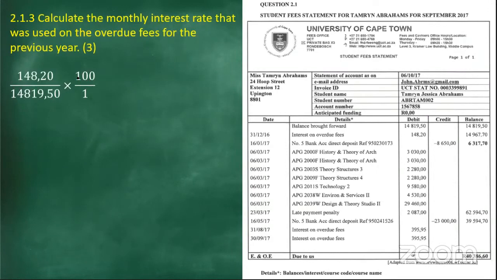Okay, then, Lisedi, you read it the other way around. How you were reading it to us, you said 14,819.50 divided by 148, so it sounded like you were saying 50 divided by this. Do you see how it sounded? Yes, ma'am. But you wrote it like this, right? Yes, ma'am. Okay, then that's excellently said. Thank you so much. You will get your full 3 marks for this question.